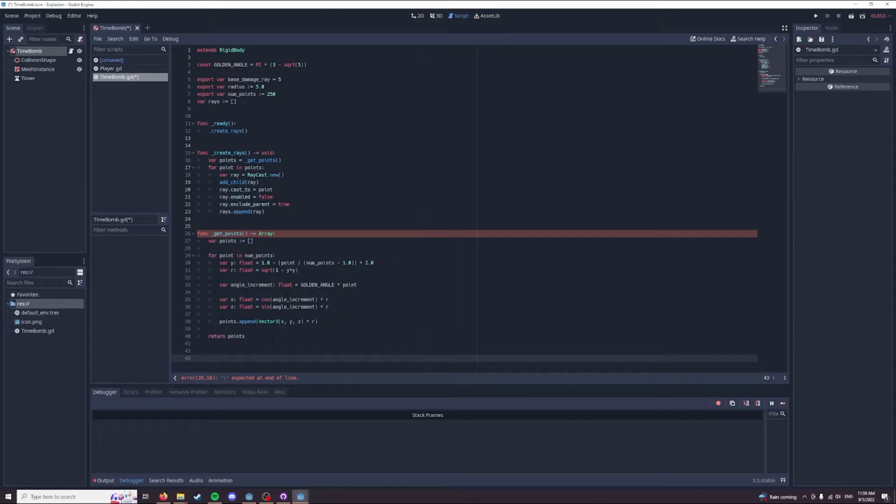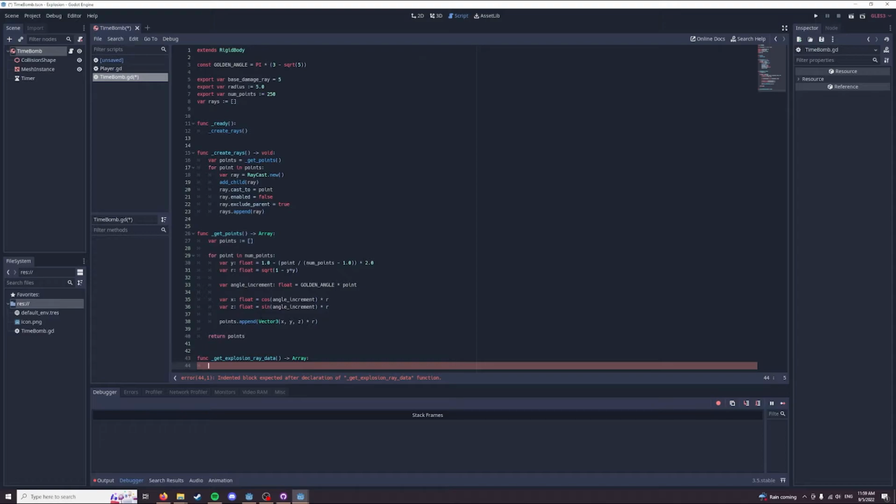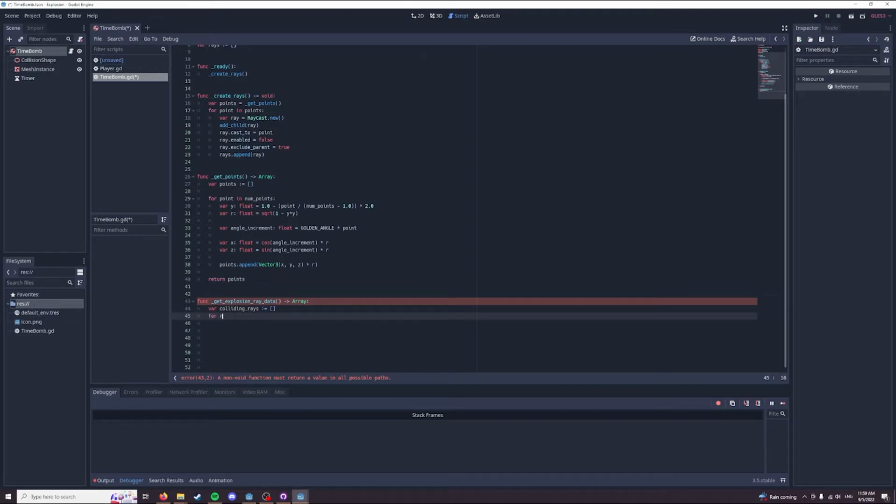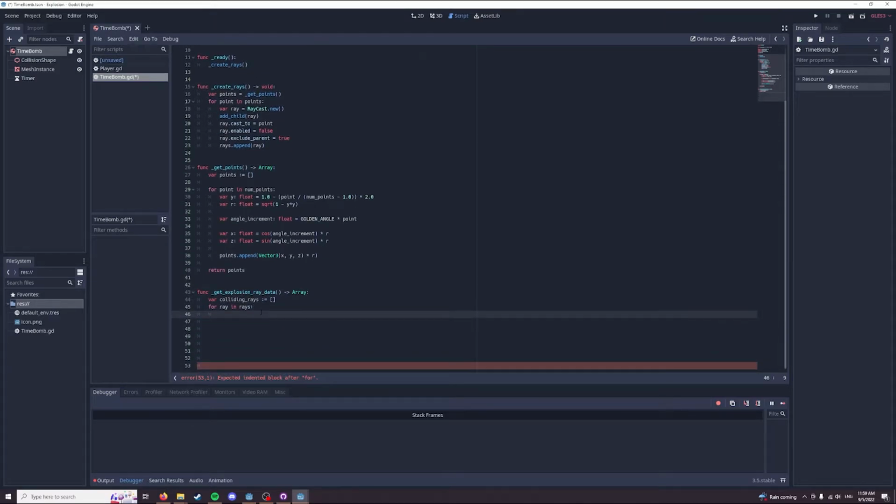We're also going to need a handy little function that we will call getExplosionRayData, which will return an array of all of the rays. We're going to call this function when we are actually exploding, and this function is just going to return all of the rays that we've just created. It's only going to return the ones that are actually colliding, because those are only going to be the ones that we even care about. So for that, let's go ahead and define an empty array here. It's just going to be colliding rays. Then we're going to loop through all the rays we have in our global rays array,